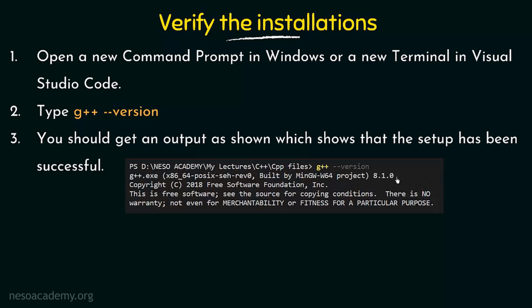Now what is g++? When you install MinGW, it installs the g++ compiler to your Windows system. So g++ is the actual compiler that is used for compiling C++ programs, and that is what we are trying to verify here. We just have to do these steps, and we'll be able to find out if it has been installed successfully. It will also verify that the path has been updated successfully. If the installation is not successful, or if the path variable has not been set properly, then you will not get this expected output.